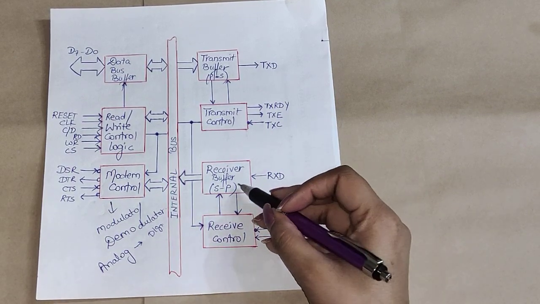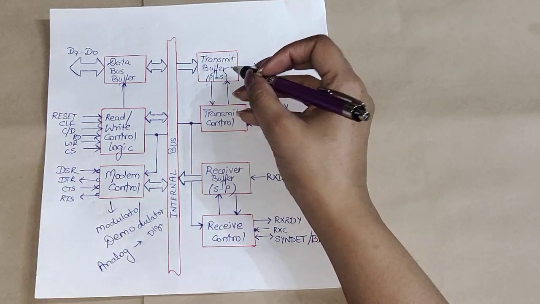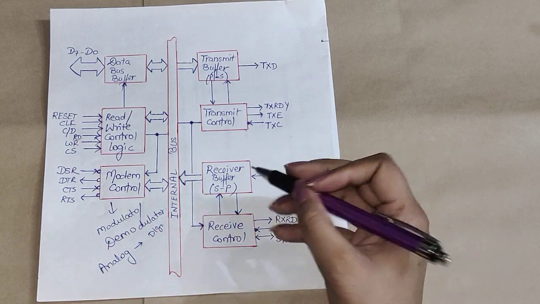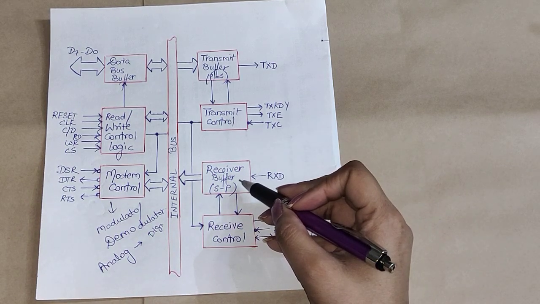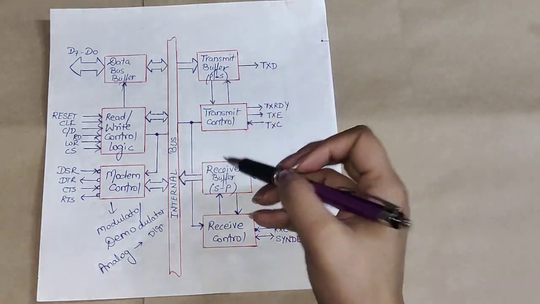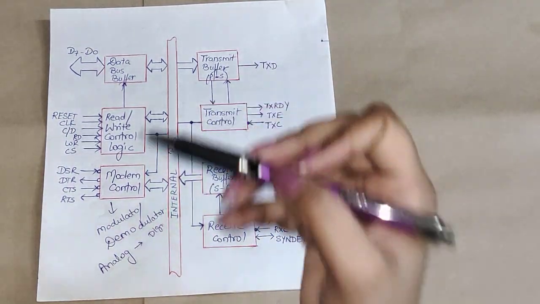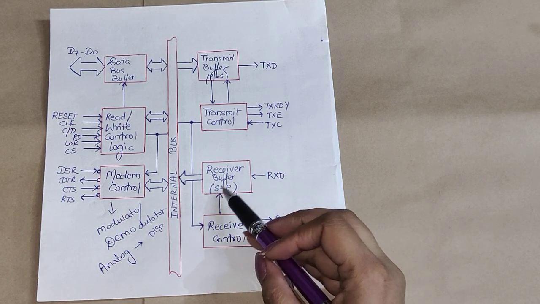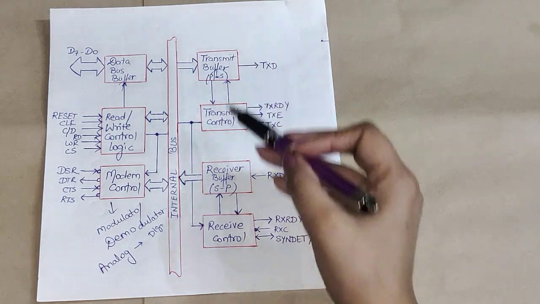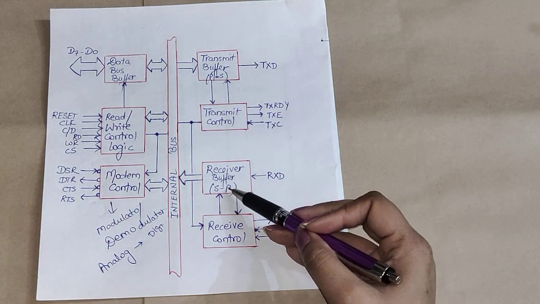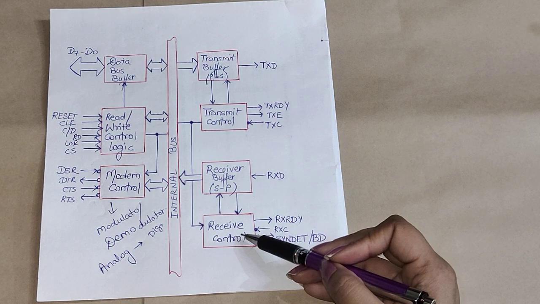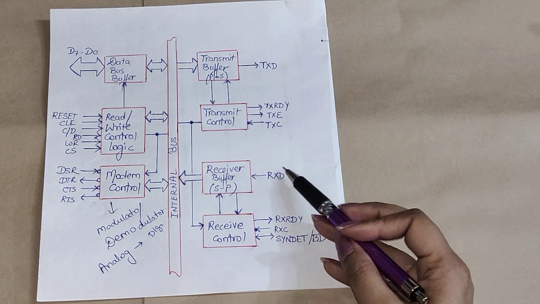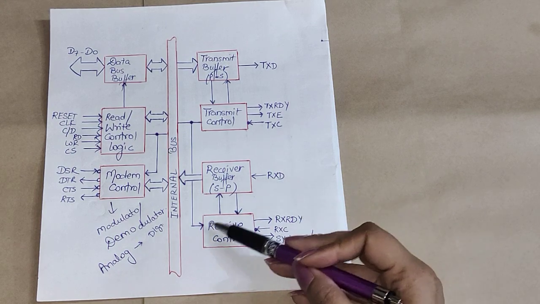Now we have this receiver buffer. Just as we had the transmitter buffer here, here we have the receiver buffer. This buffer means a storage area. This storage area will receive the data that has been transmitted by the transmitter unit, and this S2P converts the serial data that has been received into parallel format. And the last block is receive control. Here RxD means receiver ready, receiver will receive the data, and the last block is